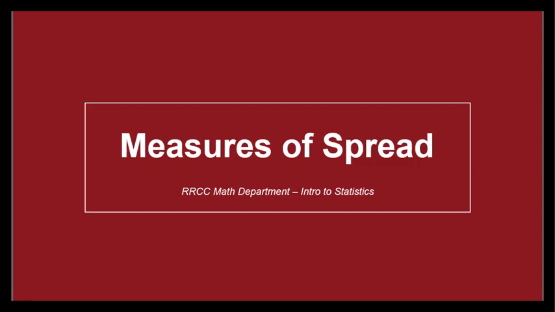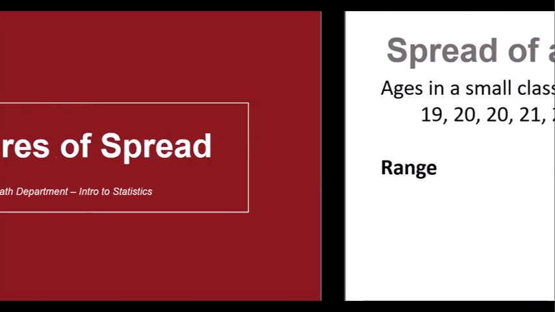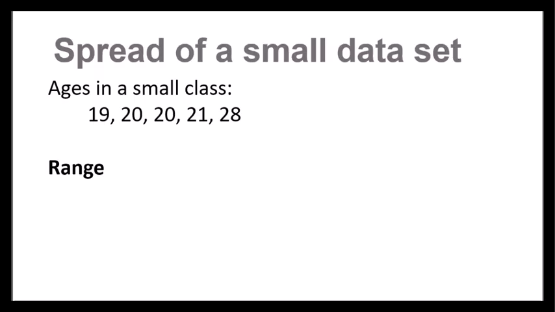Hi everyone, in this video we're looking at measures of spread, including the range and standard deviation. So I'm going to start with just a small data set here. We have ages of some people in a small class, so 19, 20, 20, 21, and 28 are the ages